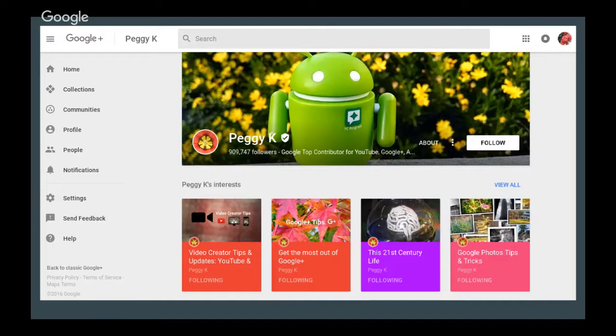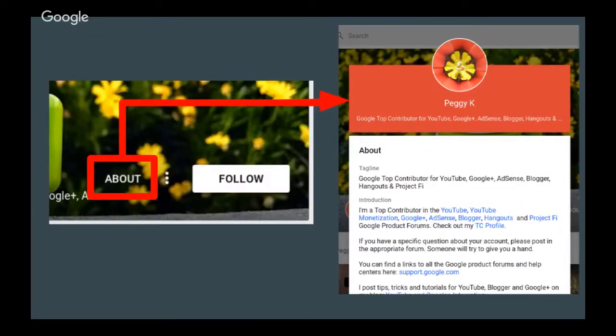If your goal is for people to see your posts, the collections again are the way to go. The other thing, so what happened to all that detailed information? I think that's a question a lot of people have, and that's all now under About. If you look closer at the header, you'll see there's a link that says About right next to the Following button. If you click the About link, all of a sudden all this information pops up.